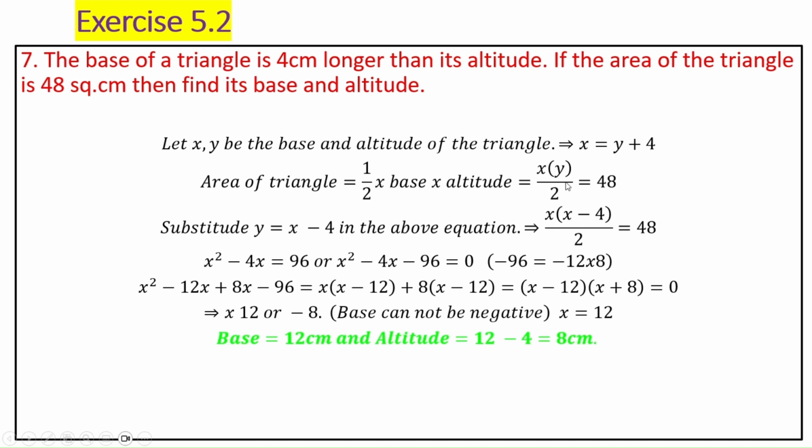And y I will replace as x minus 4. So it will become x into x minus 4 by 2 equal to 48. So the quadratic equation you will get is x square minus 4x equal to 96, or x square minus 4x minus 96 equal to 0. Factorize it. Okay. You will get x as 12 and minus 8. Base cannot be negative, so x equal to 12. So x equal to 12 centimeters and altitude equal to 12 minus 4, that is 8 centimeters. Next,